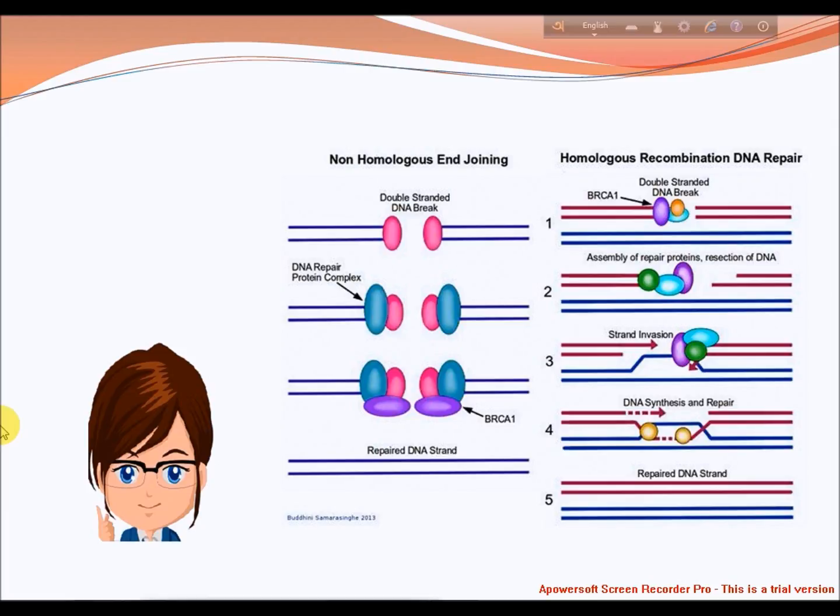DSBs can be caused by the replication machinery attempting to synthesize across a single-strand break or unrepaired lesion, causing collapse of the replication fork, and are typically repaired by recombination. Topoisomerases introduce both single and double-strand breaks in the course of changing the DNA's state of supercoiling, which is especially common in regions near an open replication fork. Such breaks are not considered DNA damage because they are a neutral intermediate in the topoisomerase biochemical mechanism and are immediately repaired by the enzyme that created them.